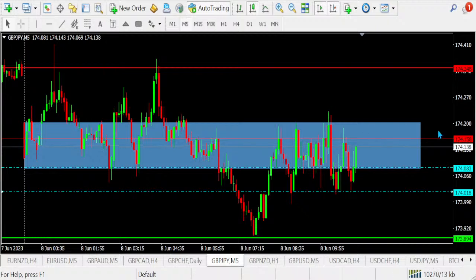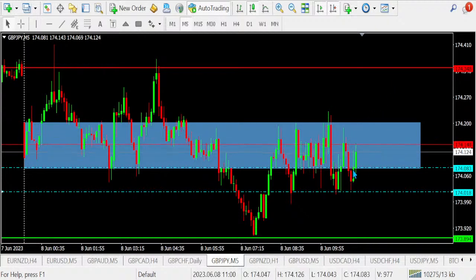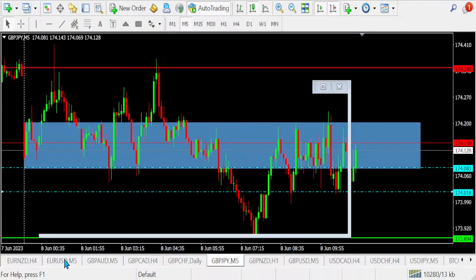For pound yen, we are still in this area. No matter what, we are going to wait. Either way, if it breaks above, same thing, set up the support, then you go for the buy. When it breaks below, set up for the resistance, then you go on for the selling. So the resistance must come either below or above this box. So that's for the pound yen.